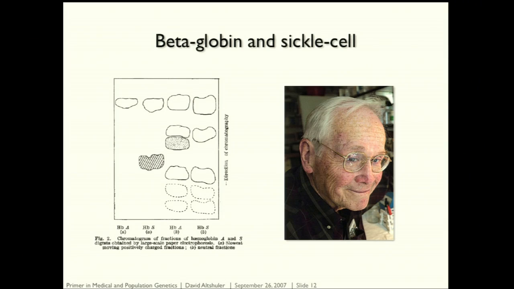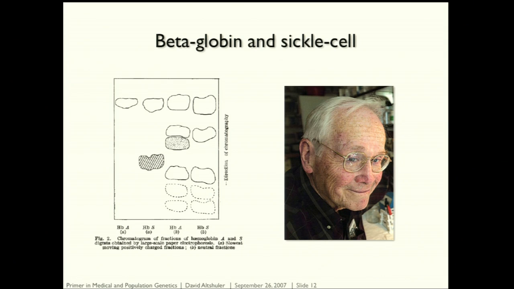But the first case in which a human genetic disease was tied to a specific genotype, which was also the first time, by the way, a DNA change was linked to a protein change, was linked to a phenotype in any organism, was in the case of sickle cell anemia, where this man, Vern Ingram, following on work done by Linus Pauling, said,